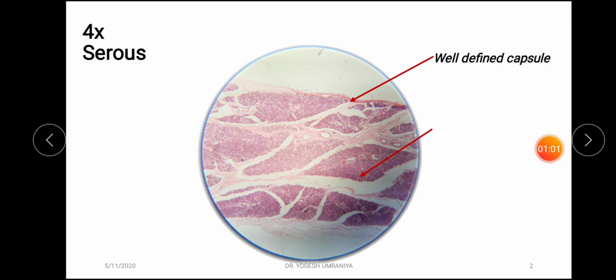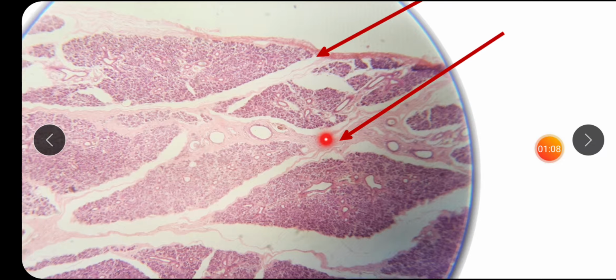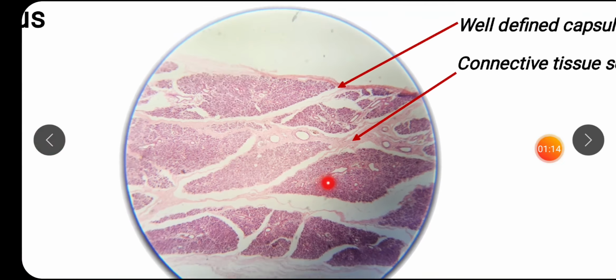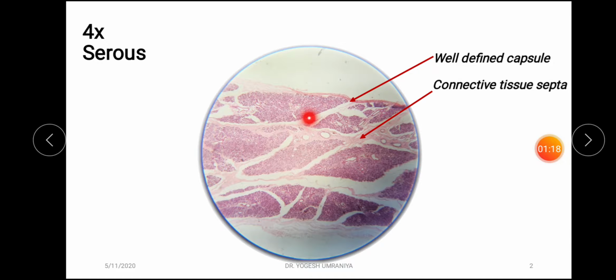Next is this area, known as the connective tissue septa. They are arising from this well defined capsule and dividing this gland into the various lobes as well as the